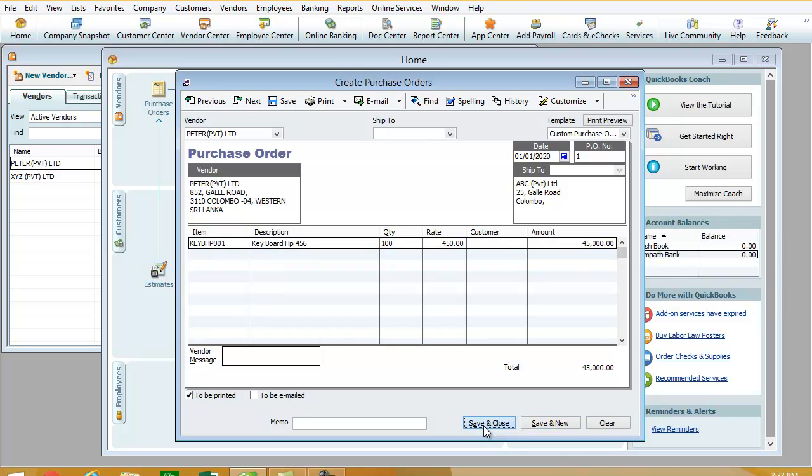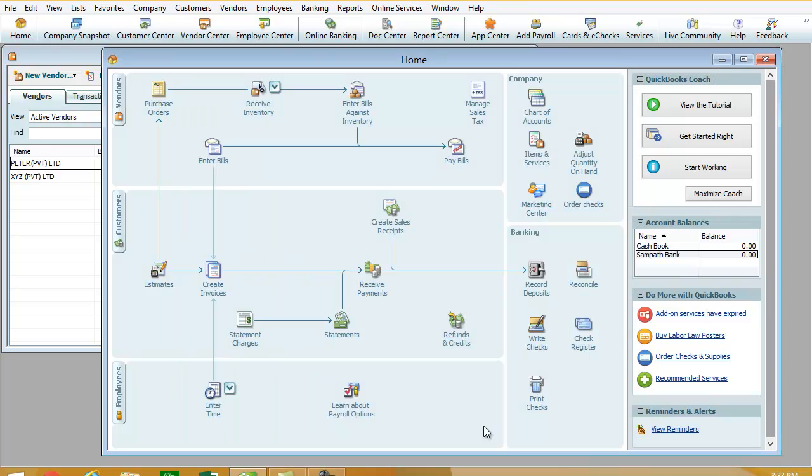Once we click save and close, the purchase order is automatically updated. Okay, so the first part is over, how to do a purchase order.